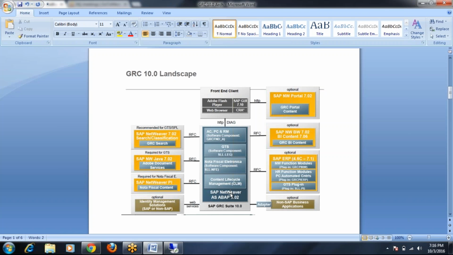At the bottom you can see there is a hardware requirement given for this: SAP NetWeaver AS, where AS stands for Application Server ABAP 7.02. This is the minimum software and hardware required for your SAP GRC installation. If it is below this version, if you go for 7.01 or 7,